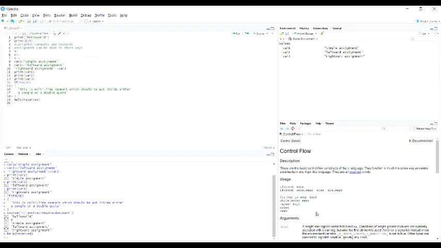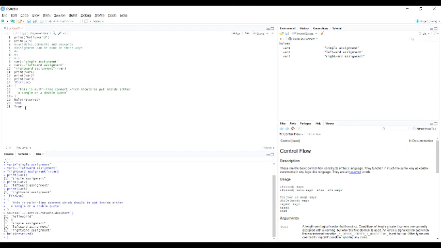Here you have to remember one thing, that R is a case sensitive language. Capital TRUE and small true are not the same. I gave capital TRUE first and then small true. See, the color is different because capital TRUE is a keyword, but the small true is a variable.